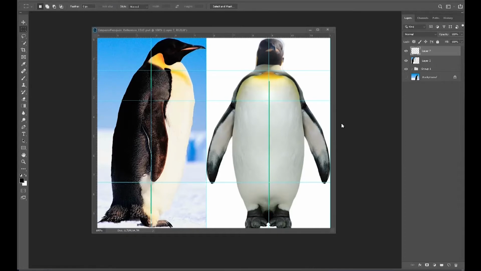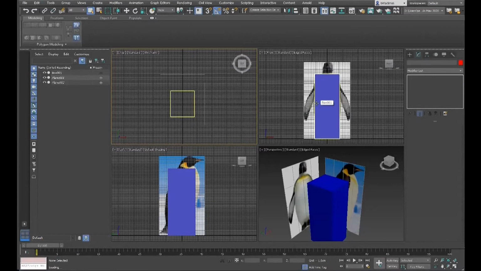Okay, now let me switch to 3ds Max. So I hope you downloaded and you have it already available. So this is the scene I have, and I will go through what you see here and why you see that. So we have this blue box, and that will be the center of the body. It is slightly smaller than the penguin's overall body, so you don't have to create it at the same height as the whole penguin and the head and everything, because usually the head, the smaller parts, will be extruded